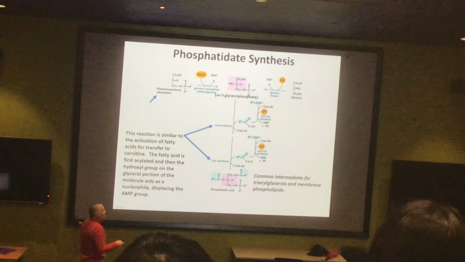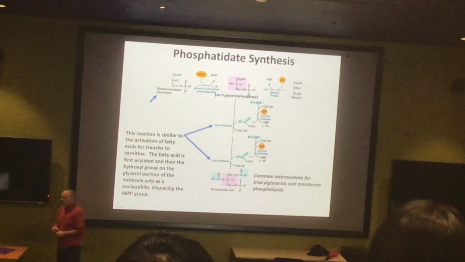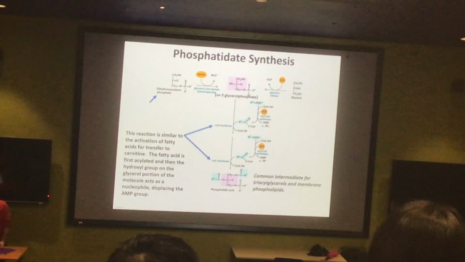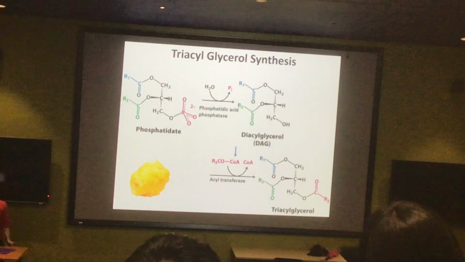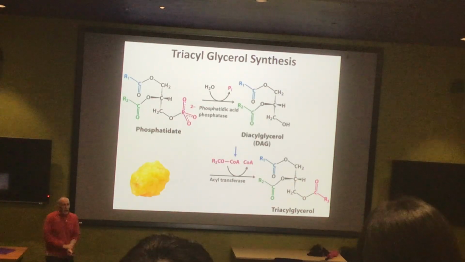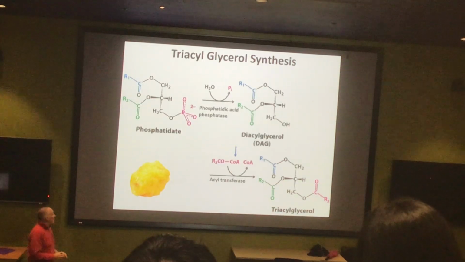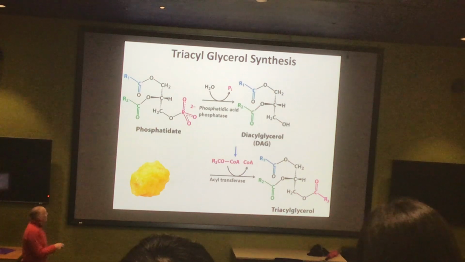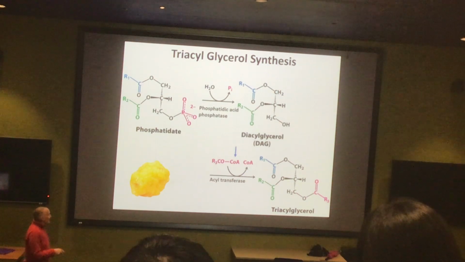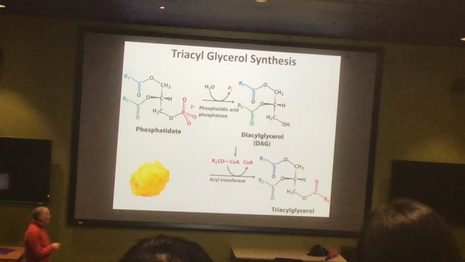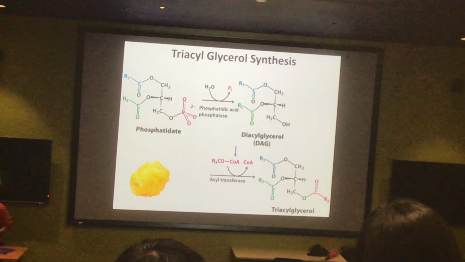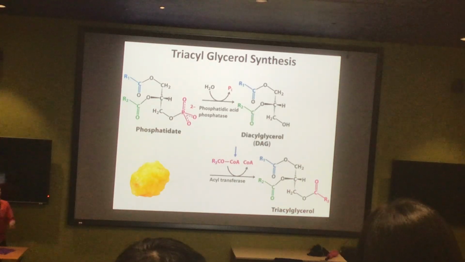So this molecule here, this is our common intermediate for making either triacylglycerols or the membrane phospholipids, kind of whichever of the two of those things you need most of. In terms of making the triacylglycerides, which you now realize requires a little bit of energy to make, the last thing you need to do is to actually take off this phosphate group, bring in another one of your activated fatty acids, and now you have the triacylglycerol, and those, of course, are stored in these lipid droplets, primarily inside of the adipocytes. So this is where triacylglycerides come from. So you just went through this process and stored them.